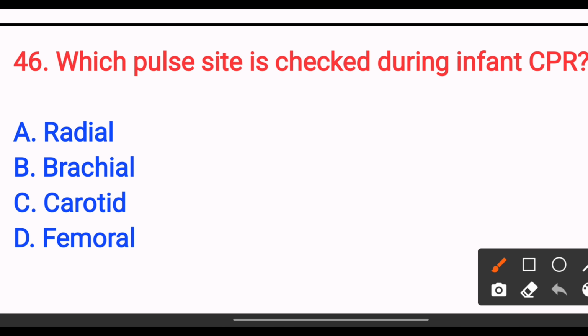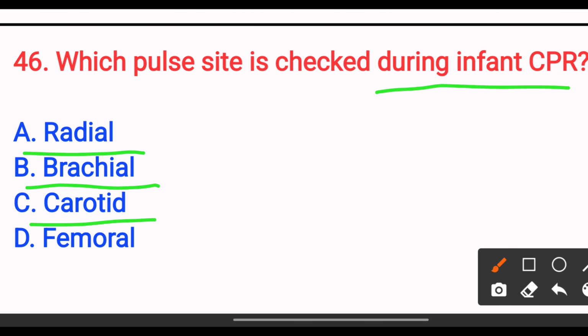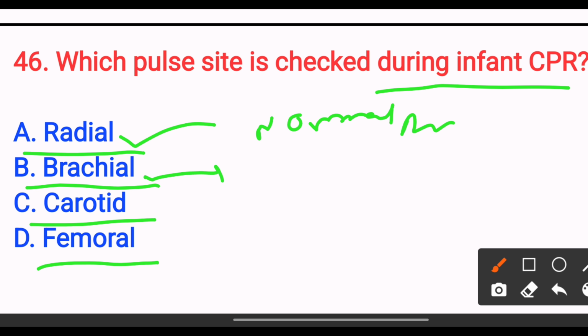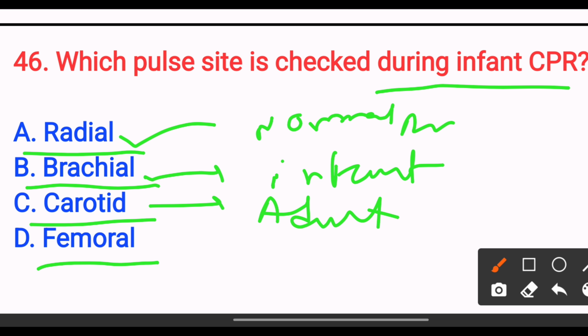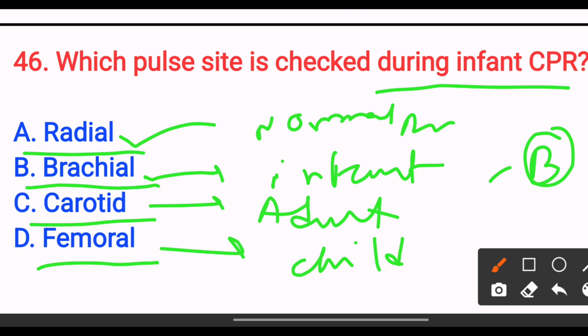Which pulse site is checked during infant's CPR? Option A radial. Option B brachial. Option C carotid. Option D femoral. Radial we use to check the normal pulse rate. Brachial we use to check for the infant. Carotid for the adult, and femoral used for the child. So the answer is option B. For the infant we use the brachial. Next,